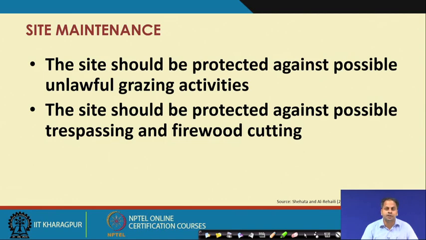So human anthropogenic activities like cutting of trees or vegetation for fuels and fodder, or any kind of activities which can deteriorate the conditions over that region, all this kind of activity should be prevented.